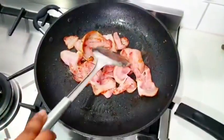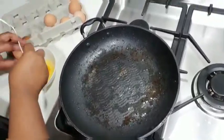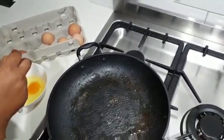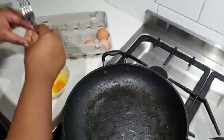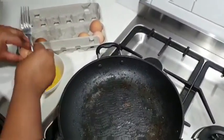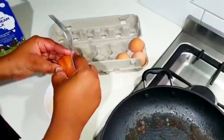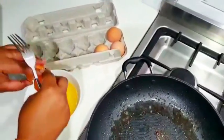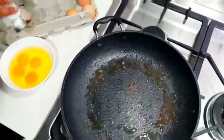And next up, we are going to be cooking our eggs. So I've just used the same pan that I used for the bacon for the eggs, just to make sure that I take in all those flavors from the bacon. You can choose to do otherwise, to have a clean pan